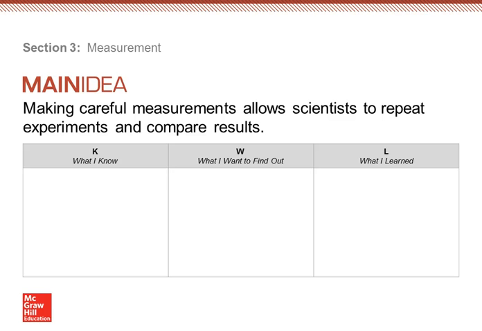In this video, we're going to finish up Chapter 1 in looking at Section 3 and 4. So starting with Section 3, this is a section on measurement. And the main idea of this section is that making careful measurements allows scientists to repeat experiments and compare their